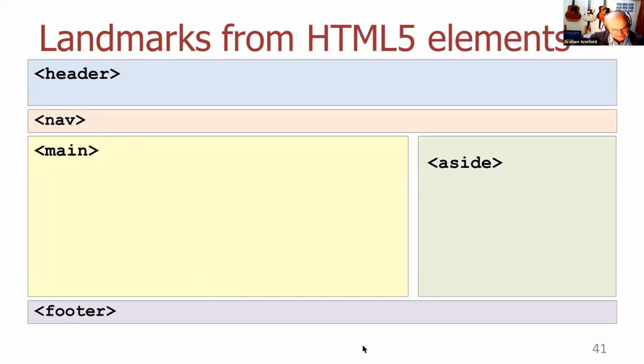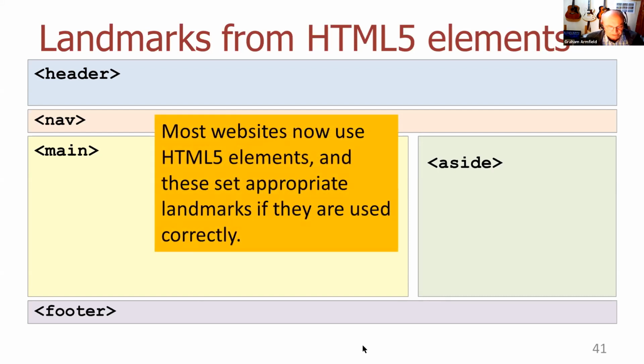Now, most developers don't use landmarks on purpose, but they probably are using the HTML5 elements like these. Okay, and if you use them properly, they set up landmarks in an appropriate way. So make sure you are using them properly, because screen reader users will be using them.